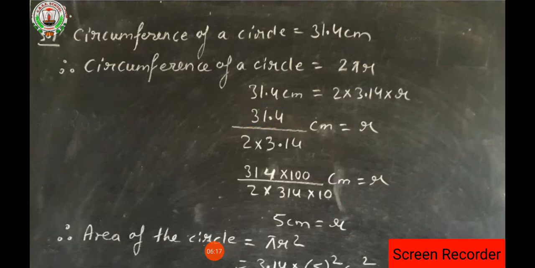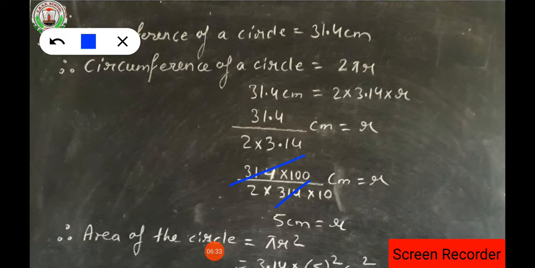Now after solving this, what radius will we get? 5 is equal to r. How to solve, everybody knows, na? While removing the decimals, 10 and 100 will be multiplied in the numerator and denominator. Then with the help of that the decimal will be removed and 314 will get cancelled from the numerator and denominator. What is left? That is 100 upon 2 into 10. So 10 from the numerator and denominator will again get cancelled. So 10 upon 2 is left, so it will get cancelled. So again, what is the value of r we are getting? That is 5 centimeter. Clear up to here?